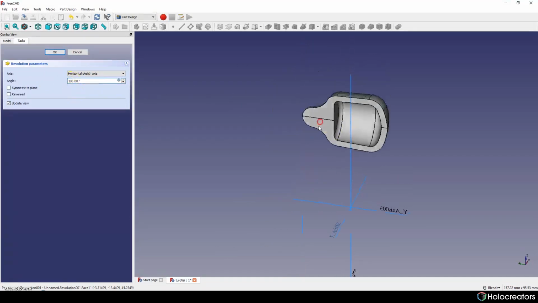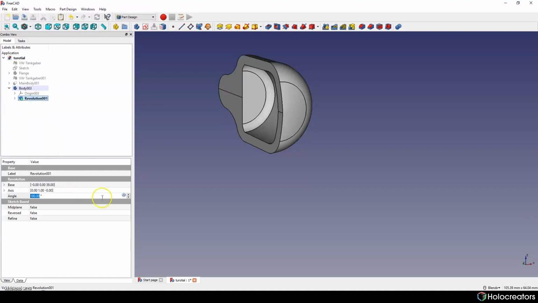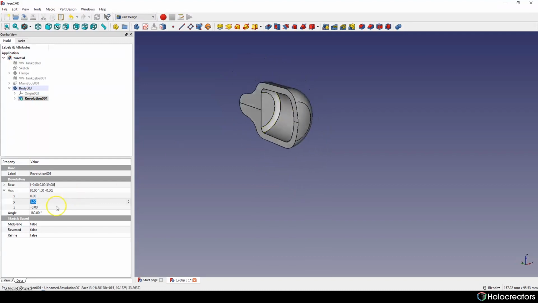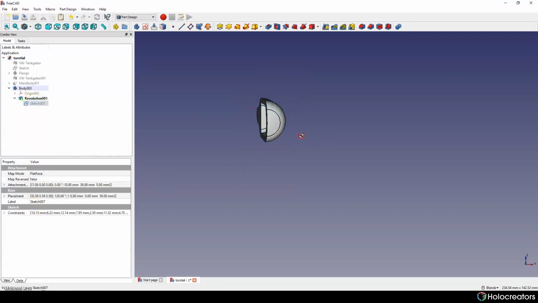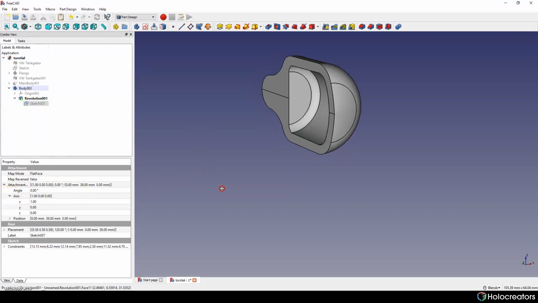At least we have to do it. Okay, like this, and also we have to turn this part 90 degrees. So basically the best thing to do is to rotate the sketch itself.